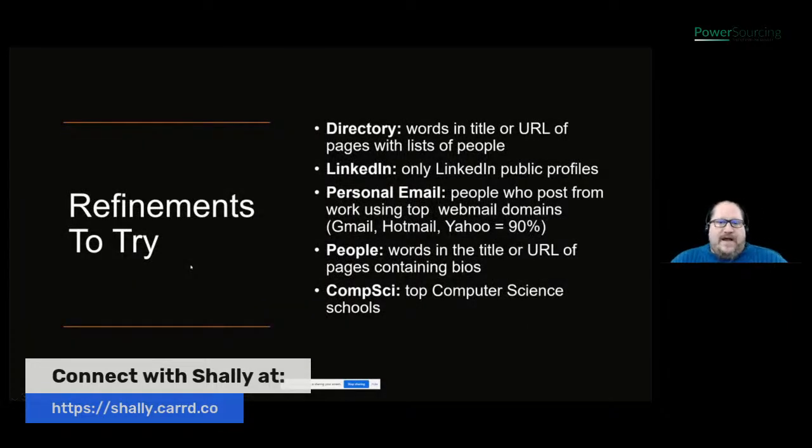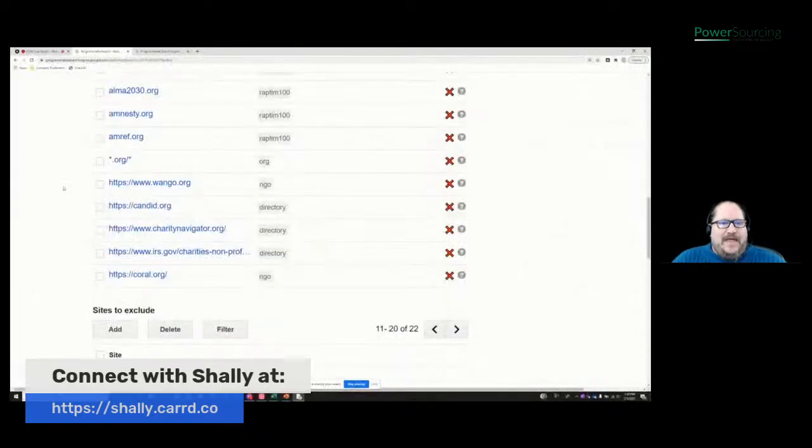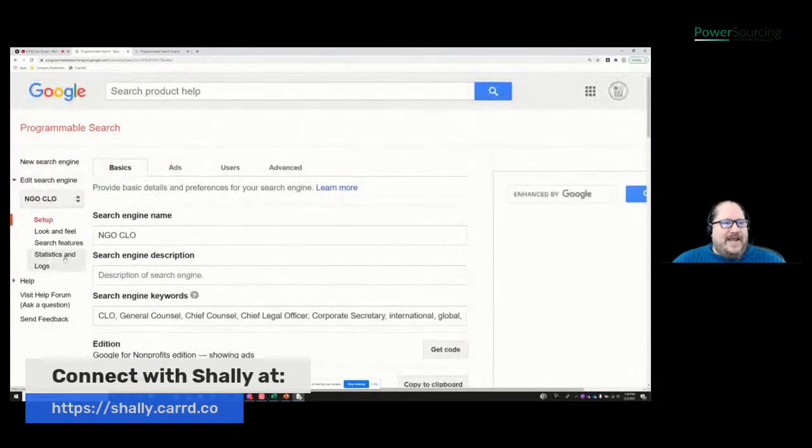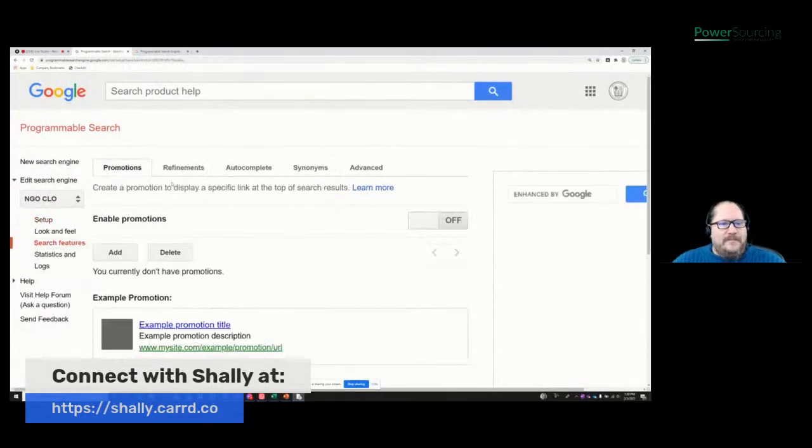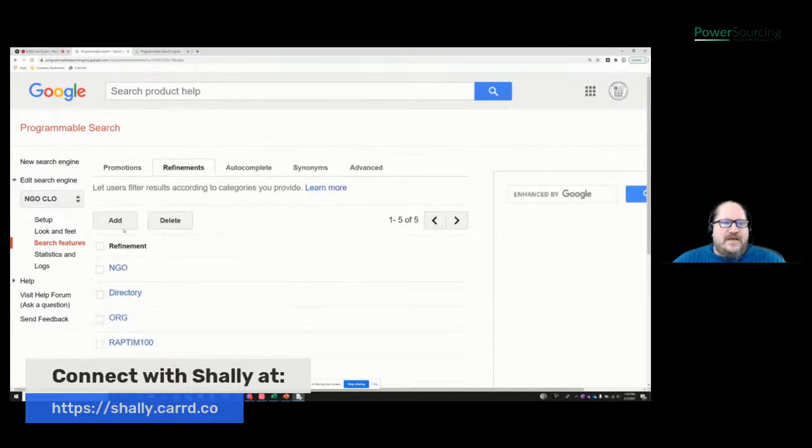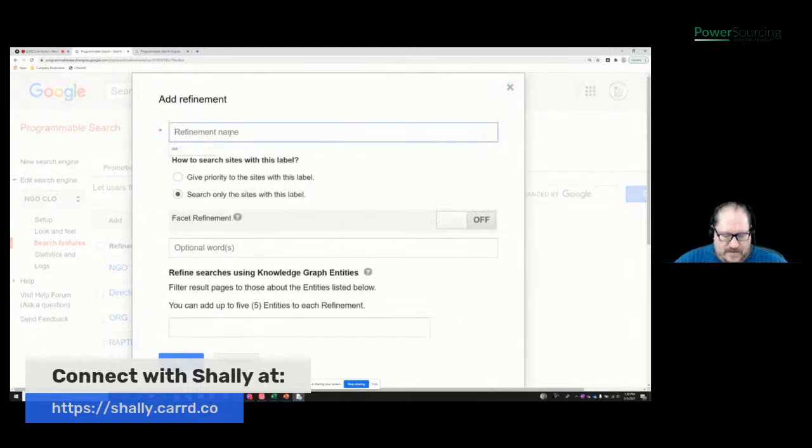Here's a couple of refinements that you might want to try. You could use a refinement to search only email addresses. Hint, if you have a Gmail, Hotmail, or Yahoo account, you're part of about 90% of the population. So let me show you how that would work. You could easily create a refinement that just searches websites that have webmail accounts. So for that, you would just add here that they must have either